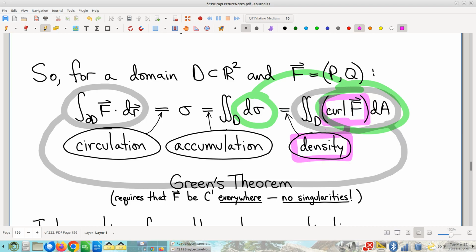Now, how do I know that curl is the associated density? That's a computation. It's a cool computation. It's an important computation, but it's a computation that's a little bit tedious, and ultimately it's just a computation, and it's in the book. If y'all want to look at it, you're welcome to. I would even say I encourage it, but it's not critical. It's not essential that you see how that computation goes down. The most important thing by far is that you understand the role that curl plays. It's the fact that it is the density that is important.